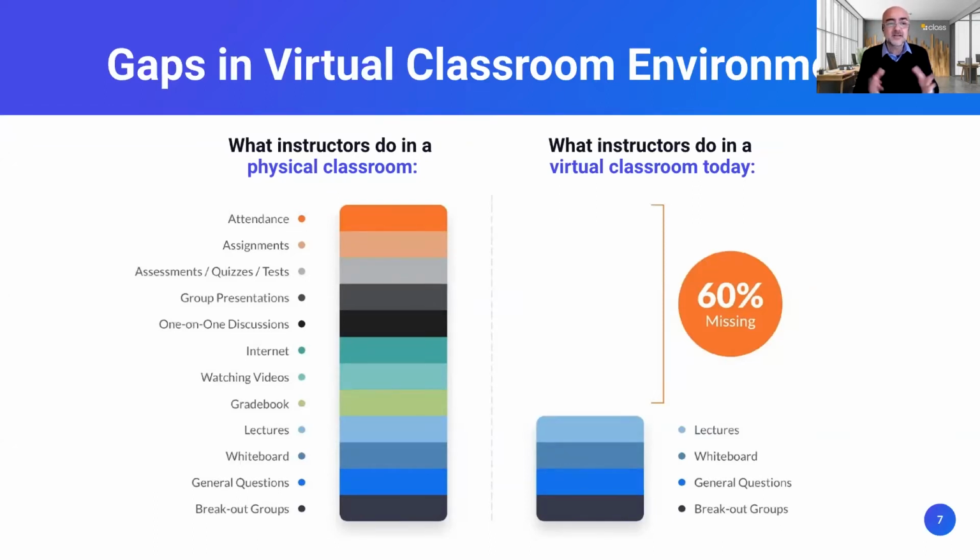Looking at a physical classroom, whenever every teacher, every professor steps into it, they start engaging with the students. They can engage one-to-one, with a group, or with the entire class. They can share content, do online exams, watch video, and do a number of activities, and there is a seamless flow of activities in a physical classroom. When they try to transpose those activities online, they can do just some pieces, and basically they're missing a lot of those activities because the technology wasn't really built